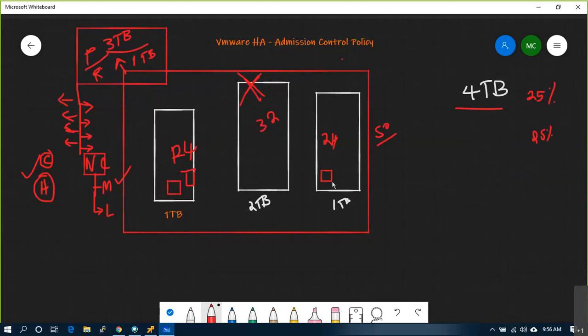If there is still space left, then power on the low priority machines. You getting my point? This is the only option you have when you are dealing with mismatched configurations.